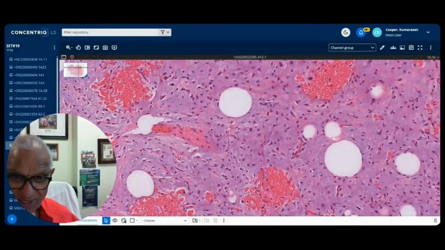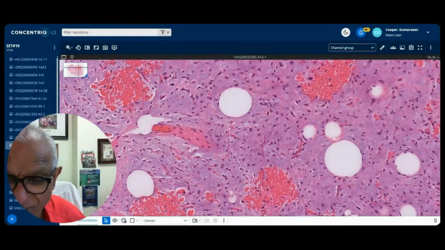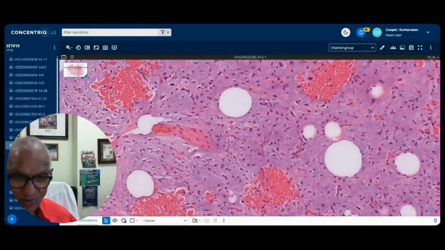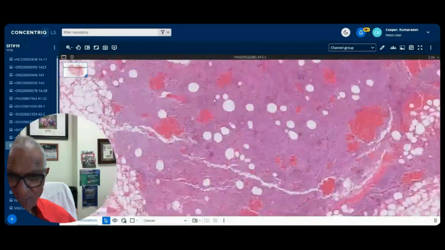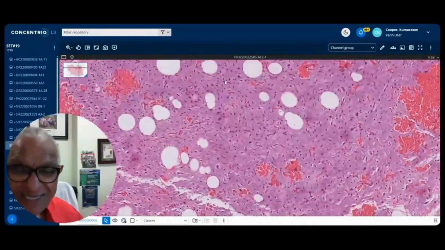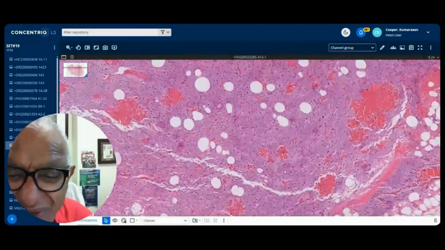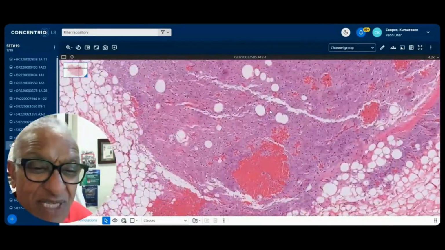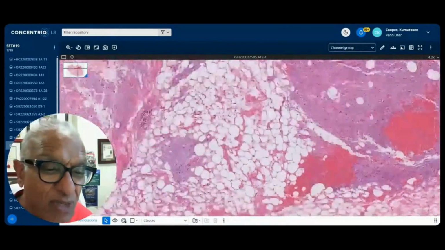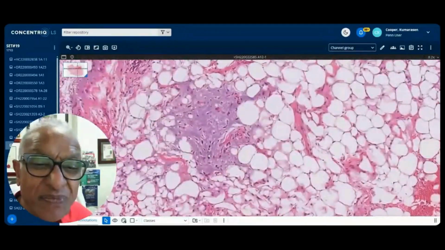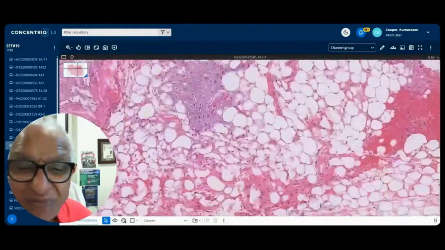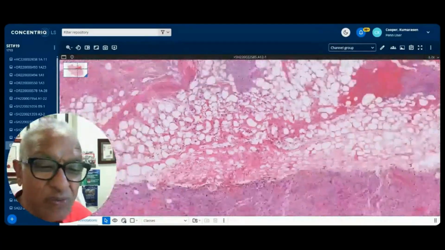How about this case? Anybody, any thoughts on this case? Myxoid liposarcoma, absolutely. Yeah. Any other differentials? Low-grade myxofibrosarcoma, yes. All these are great differentials. This is what you should be thinking about when you encounter such a tumor. Remember, this is retroperitoneum. We'll come back and discuss each of those. So we've had myxoid liposarcoma, we've had myxofibrosarcoma. Okay. And then I'm going to show you